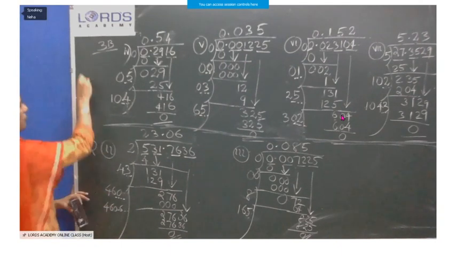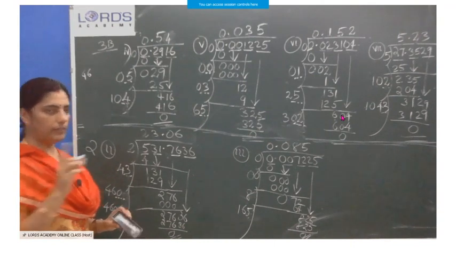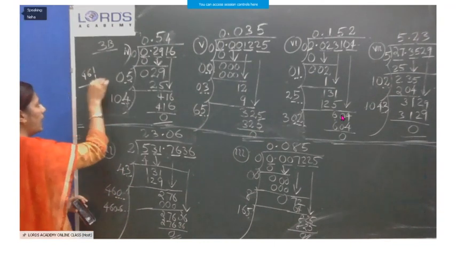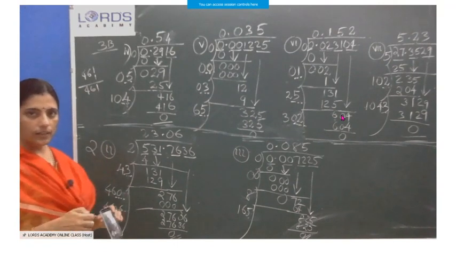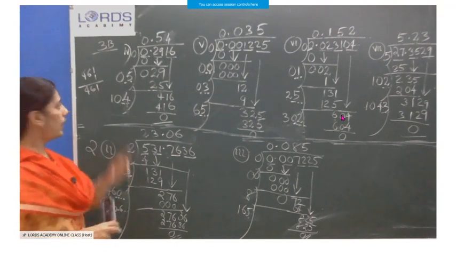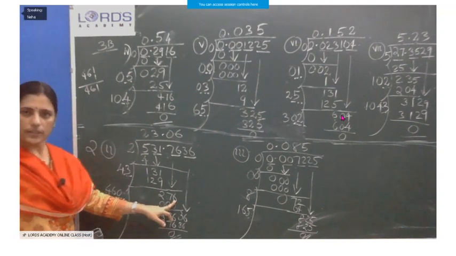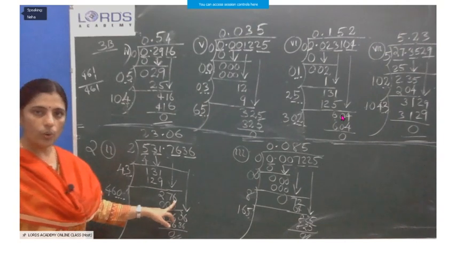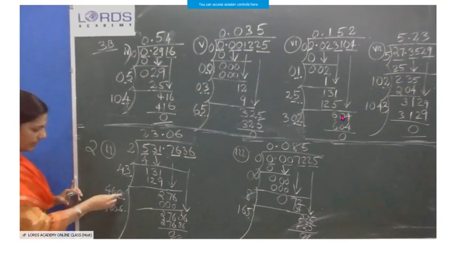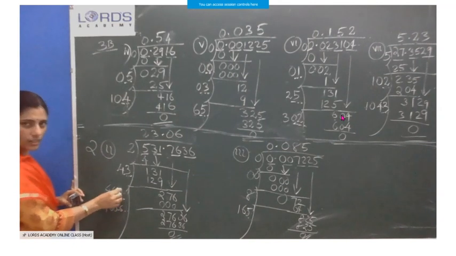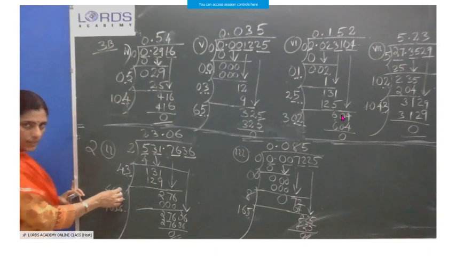Listen, 46 minimum what you can take 1. With 1 only we will start. If you are taking that itself will become 461. I can start the trial with 1. But 1 itself what you are getting 461. Here only 276. So is there any digit like that? No. So what we will write? Even 1 is not possible. We will write 0. 1 means 400 and something you are getting. So 0. Nothing is possible.